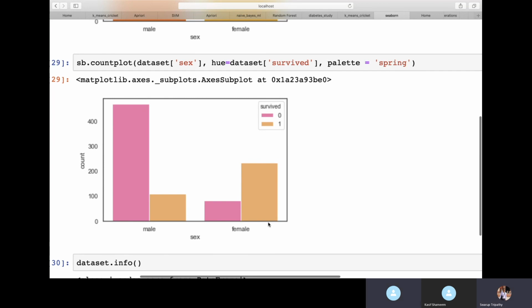What is the definition of hue? See, hue means it will group by. Hue is nothing but adding colors. Hue defines different types of colors. So if you want to group by and add colors to showcase those, you can use hue. If you have categorical data, usually you use hue and it will associate different colors to each of the categories.